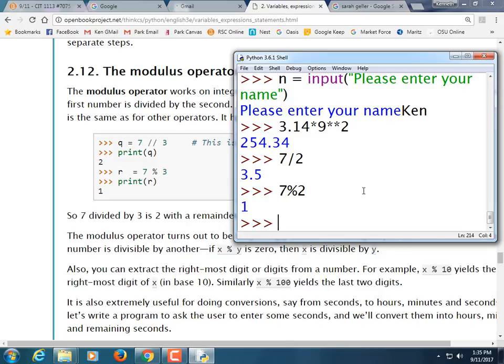Modulus is the remainder. Y'all remember from math class where you put the number, then you do that little thing over it, and you put the number inside, and how many times does the 7 go into the 2? Or the 2. Well, with this, when I do 7 modulus 2, you're putting the 7, then you're putting,